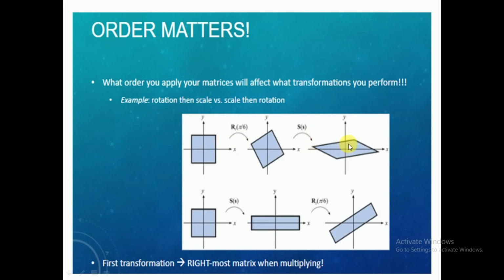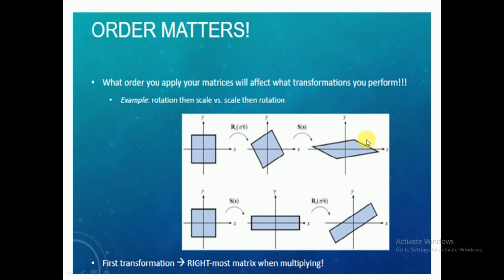Actually, you want this type of output. Right? You want this type of output. Your original input is like this. You want this type of output. But if you change the order, then you may get output like this. What does it mean to get this? What is your actual operation? Rotation, scale, then rotation. Right? Here, rotation and scale is your actual order. Your order is first rotate, then scale. Original object is like this. Rotate about origin with some theta, some angle, then scale.